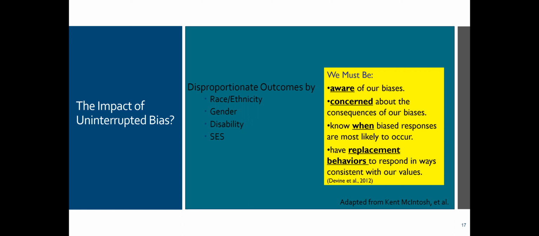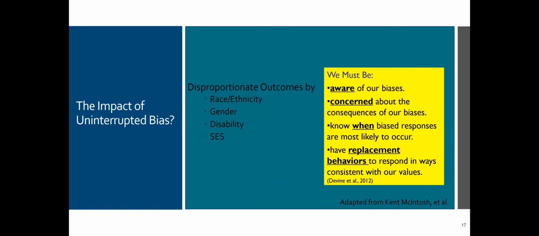Automatic association. And also, we can go even more concrete and say, if I say peanut butter, the automatic response is jelly. That's when we see things on television, when we see things in media, those automatic associations inform our bias. And so, what we must be aware of are those biases and being willing to check them, being willing to be concerned about the consequences of those biases, know when they're occurring and most likely when they're going to happen, and then what replacement behaviors can you use to respond in a different way